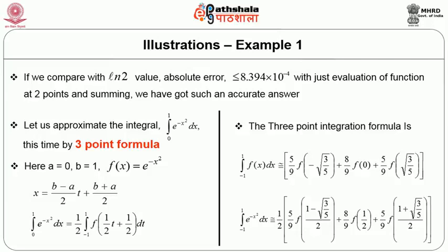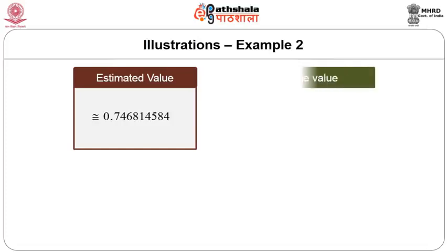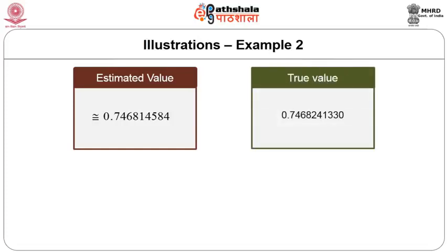So, the integral 0 to 1 e raised to minus x square dx becomes, b minus a is 1, so 1 by 2, and the limits become minus 1 to 1, f of (t plus 1) by 2 dt. And using the 3-point formula we get 5 by 9 function at minus root 3 by 5, plus 8 by 9 function at 0, plus 5 by 9 f at root 3 by 5. The answer is 1 by 2, 5 by 9 into f at (1 minus root 3 by 5) by 2, 8 by 9 into f at half, plus 5 by 9 f at (1 plus root 3 by 5) by 2. And substituting f(x) as e raised to minus x square and calculating, the answer comes out to be